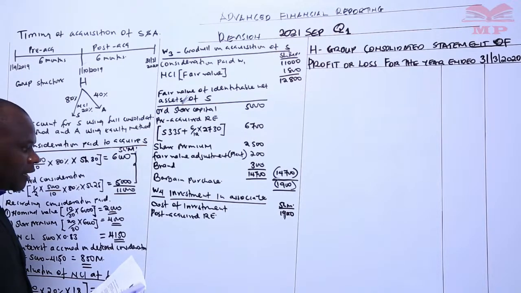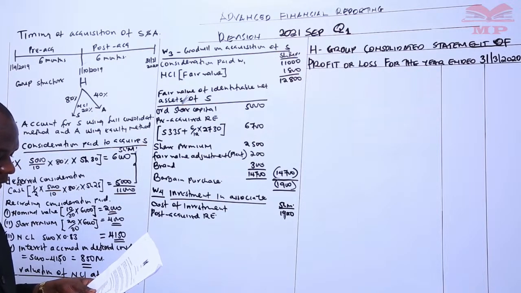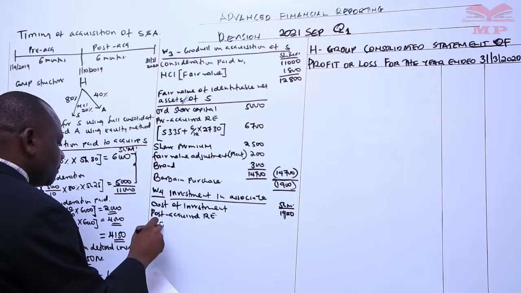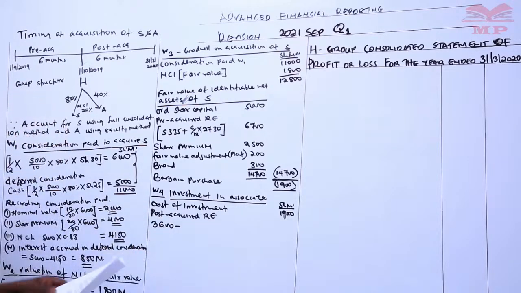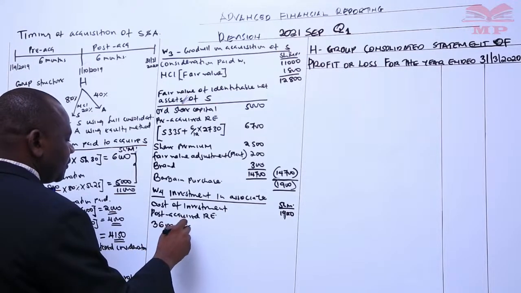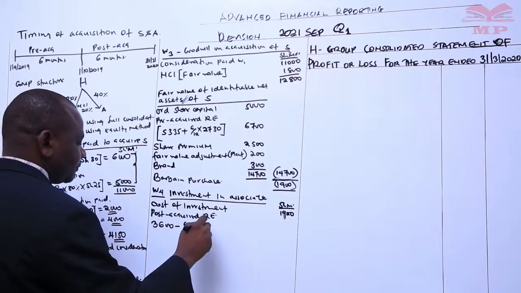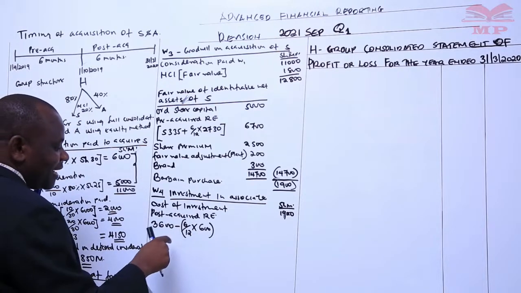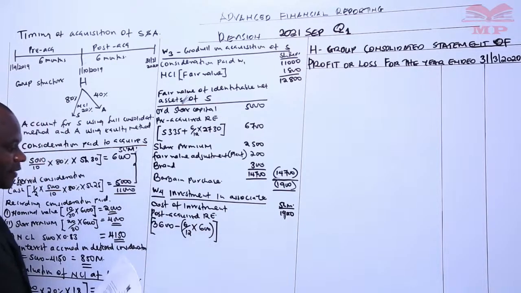So if we compare what we have in the balance sheet with the loss made for the year, this is what we're going to have as post-acquired. So the total profits is 3,600 minus the pre-acquired loss. The pre-acquired loss is 6/12 times 6. Recall that it is a loss. It's negative already. So the aspect of integers there will guide